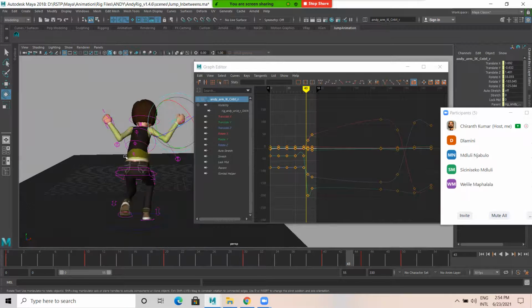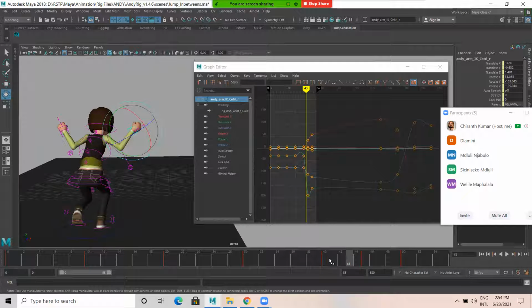These are the smaller things which we have to do. So here, let's say 40 to 50, 50 is an in between which we have already added. In that we did a breakdown, and at 45 we added one more key. So here 40 to 45, we are doing changes only for certain items, let's say the arm control for both, and both the pole vectors.